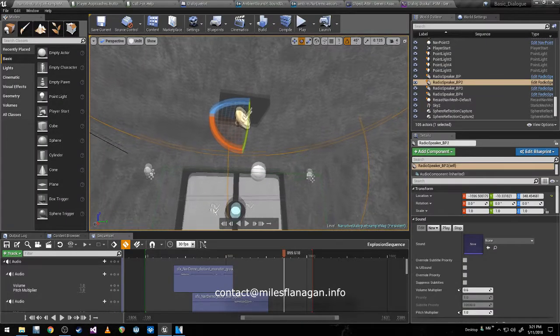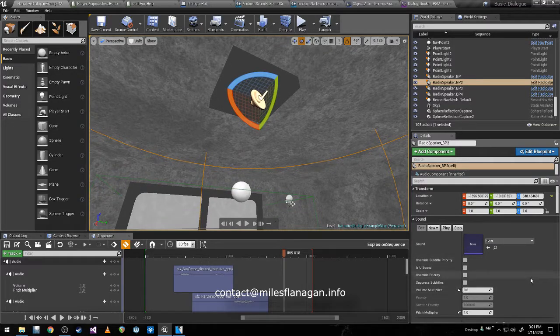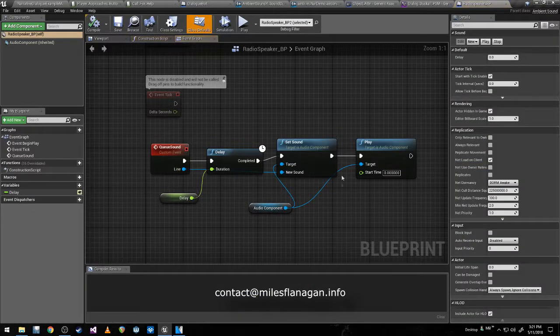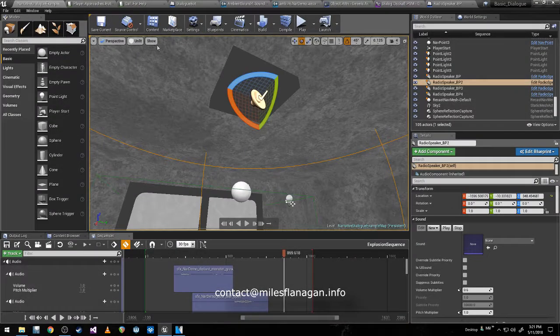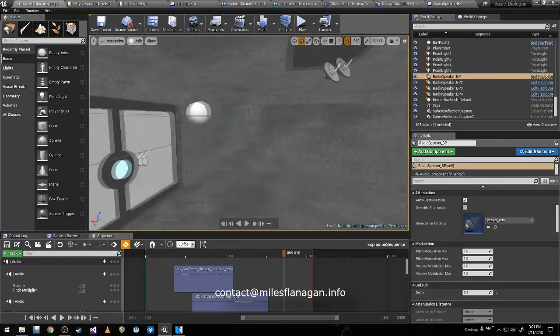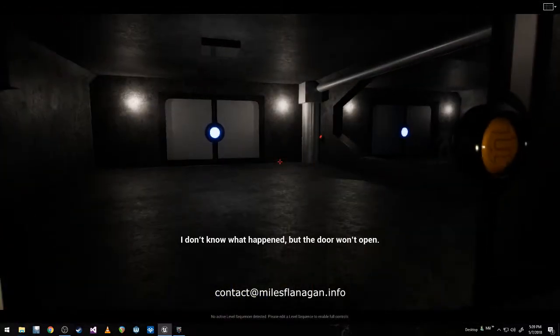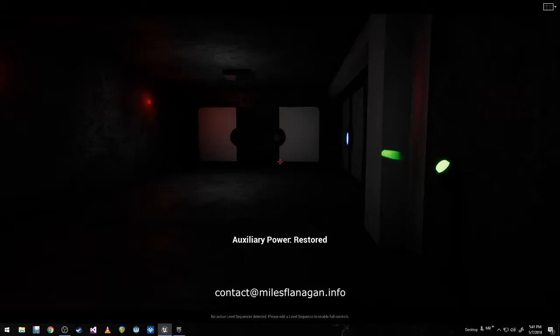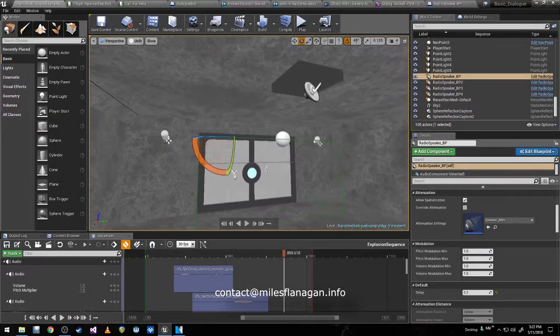So these loudspeakers are pretty cool. It's basically just a blueprint so I can place them wherever that has a function in it that lets me set a sound to play after a delay, and then I can change that delay on each instance of the blueprint. This one is 0, this one right over here is 0.2, and by doing that I can just have them all play the sound and they'll be kind of staggered so you get that kind of loudspeaker delay effect like you're in a big arena or something. In this case it's a small environment, but I wanted to exaggerate it, so instead of using a distance-based thing I just kind of set numbers on each one so you would hear it staggered no matter what.